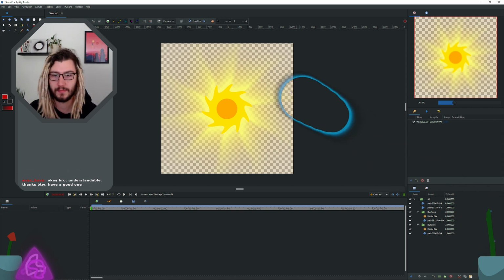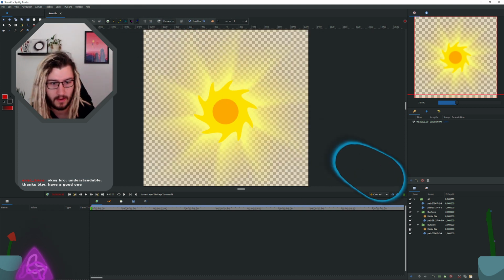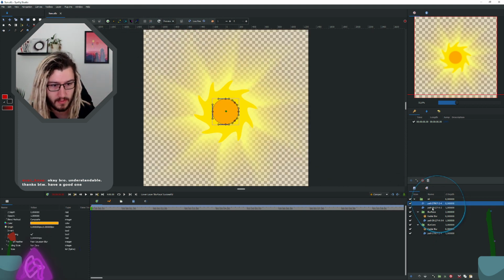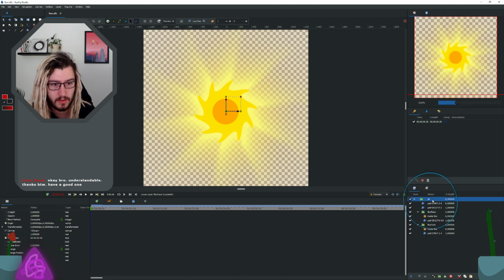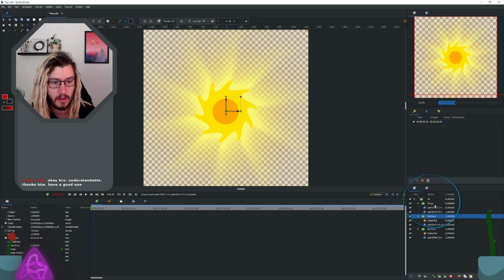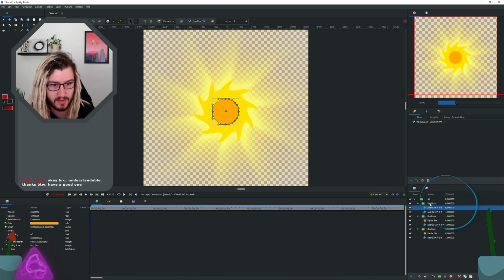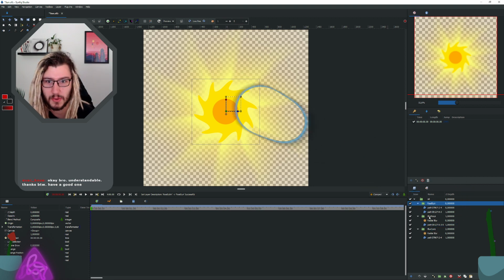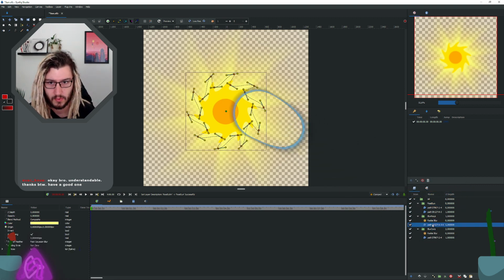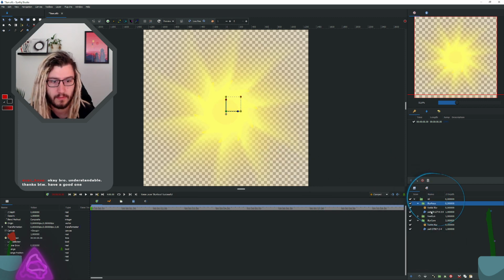I see. Okay, I'll ignore chat for a moment so we can finish the sun a bit. So let's call this real sun, so I can rotate that together, because we only have like 20 more minutes left, because I got up too late and work is soon. Okay, we have this, we have that. I think I want the ray blur still above, but